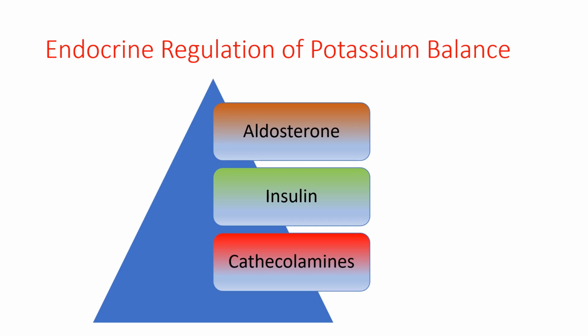The second hormone that is involved in regulation of potassium balance is insulin, and it does that by enhancing cellular uptake of potassium. Therefore, this is a very important consideration for patients who are diabetic and on insulin therapy, because the higher the amount of insulin given to a patient, the higher the likelihood of developing hypokalemia. In fact, this relationship has been deployed in the management of patients who have a very high level of potassium. Once insulin is given, it is able to drive the potassium intracellularly and thus reduce the amount of potassium in circulation.